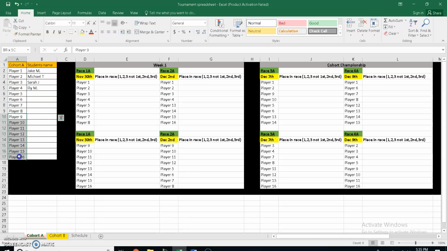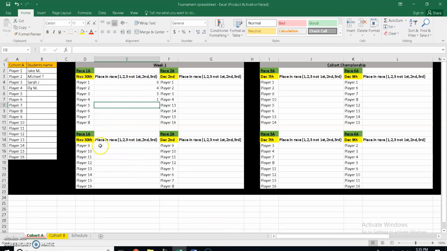I'll have players 9 through 16 in a second breakout room, which is this second race here, and they'll go and play their race as well. When they're done with their race, they'll come back and join me, and they'll tell me what place they got. So let's say Jake here. Jake got sixth place. I'll put number 6 in. Michael got fourth place. I give him a 4. Sarah here got, I don't know, fifth place. And let's say Lily's the winner. She got first place. Okay. So I get to put those in. Obviously, when I have more people, I'll put in more places. But let's just say they did that.